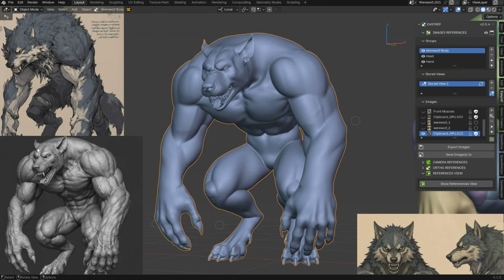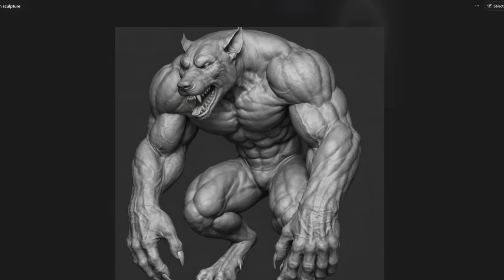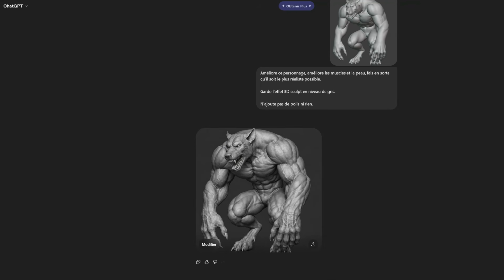I like the details for the head, for the arm, and for this part for the leg, and also here. Some other part, I don't want to add too many details, but this is interesting. This is a possibility. I can also ask for another version, for example, show me a back version of this character.